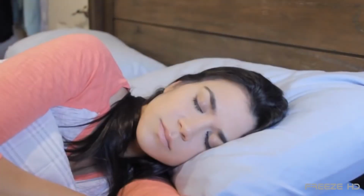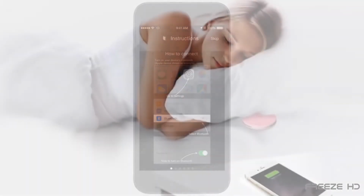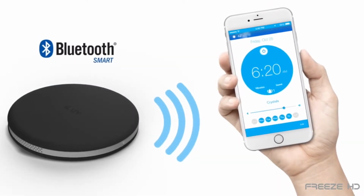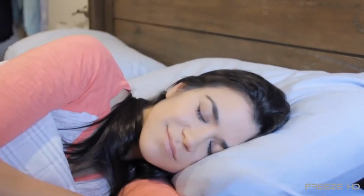Smart Shaker works in conjunction with an exclusive Smart Shaker phone app that works on virtually any smartphone. Once it's set, it doesn't need a continuous Bluetooth connection. And if you prefer, Smart Shaker can also be set to sound an audible alarm with or without the vibration. Wake with a shake with Smart Shaker, available for $19.99 on